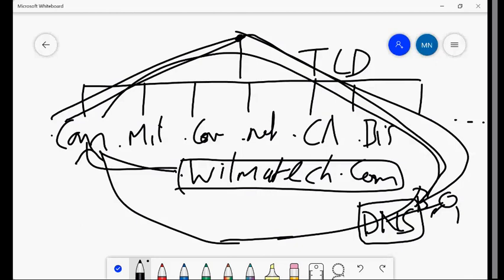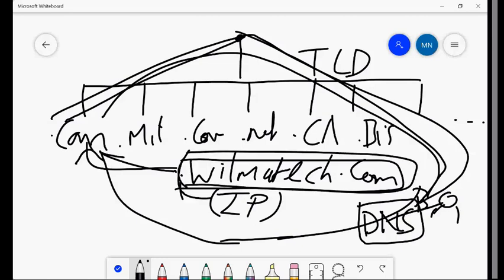And then it will have some IP address, a public IP, right? The .com says, yeah, this is the name matching with this IP. Here is the IP. Likewise, it will give the IP back to my browser, and then my browser will hit that IP and connect to this wilmatech.com. So that's all about resolution. Resolution means converting name to IP, or IP to name.